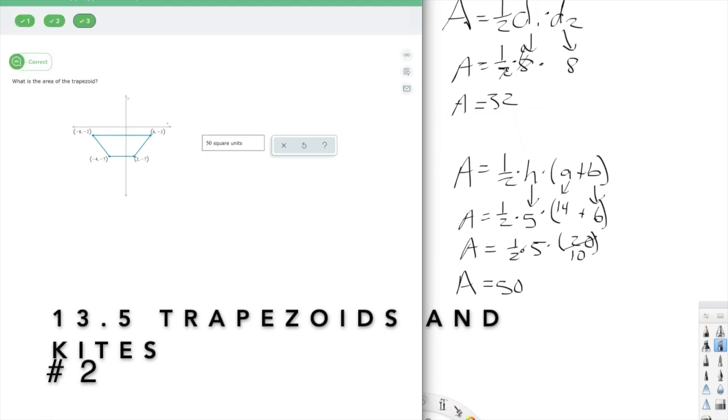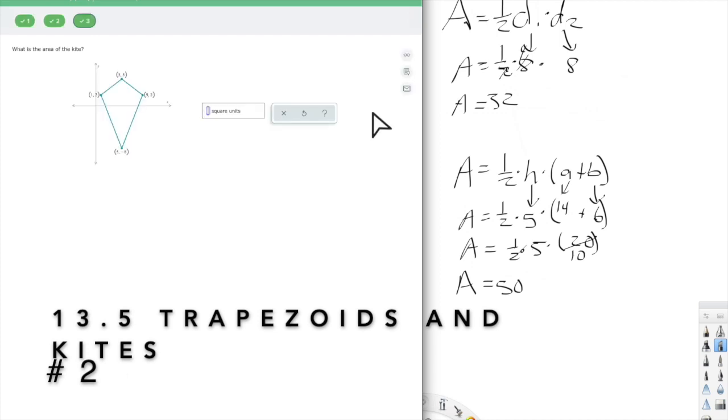All right, let's try another. Let's see if we can find a kite here. Ooh, yay! That worked out so nicely. So we have not done a kite yet. And a kite does have a slightly different